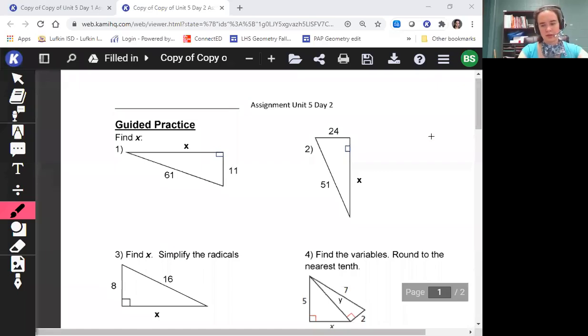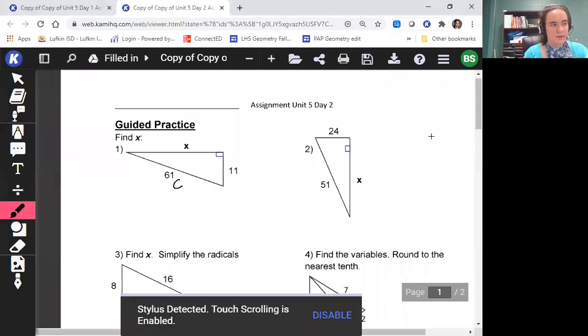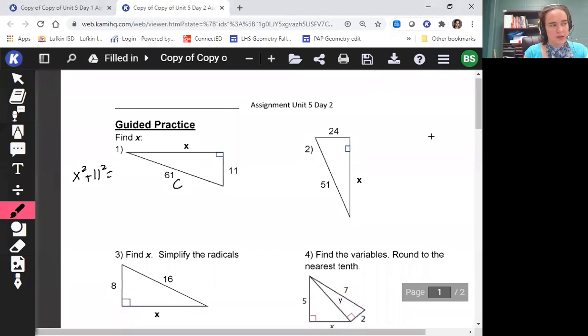Today we are continuing on our guided practice with Pythagorean theorem. So again, across from the right angle is C, and x squared plus 11 squared equals 61 squared. X squared plus 121 equals 3,721. Subtracting that 121 from both sides,